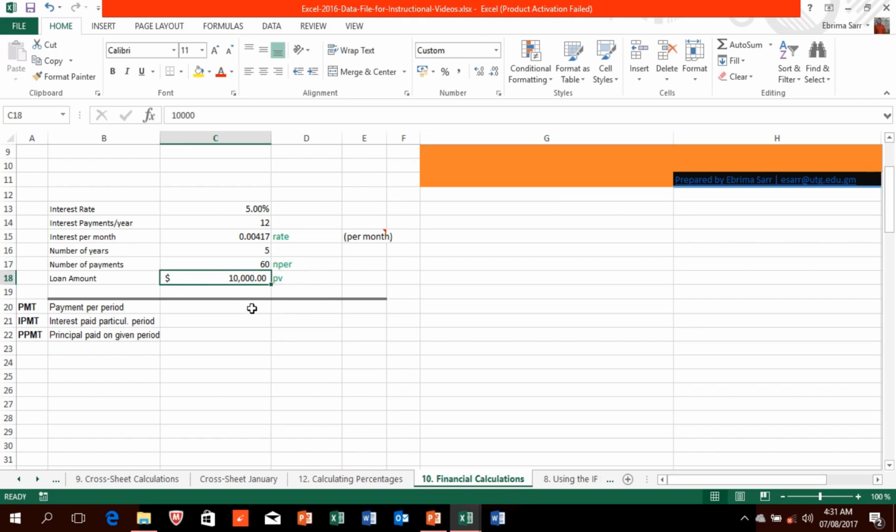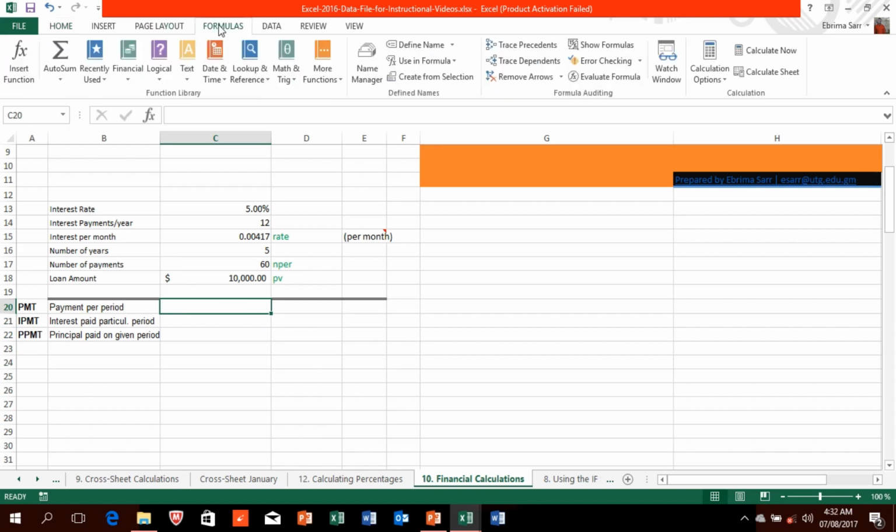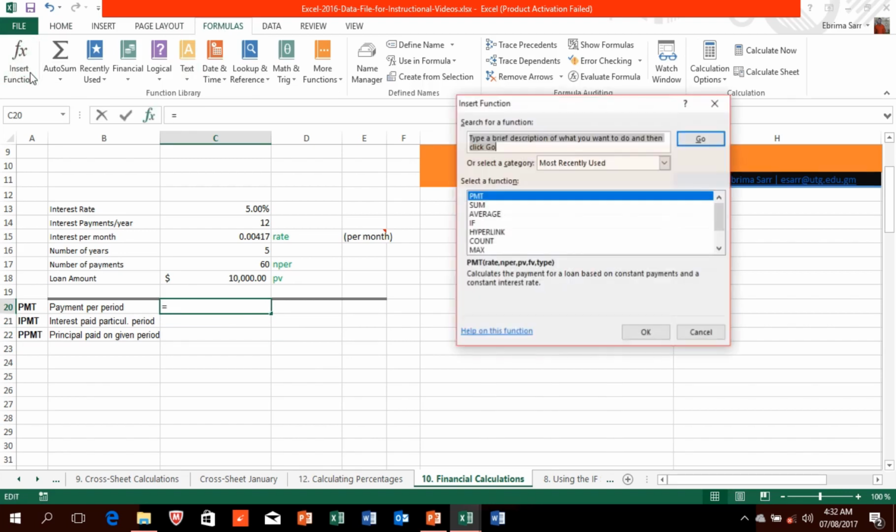In this area here, what we're going to do is calculate the payment, the PMT. So now what we do in this case, we go here on the formulas, insert function, and then we find the PMT option,